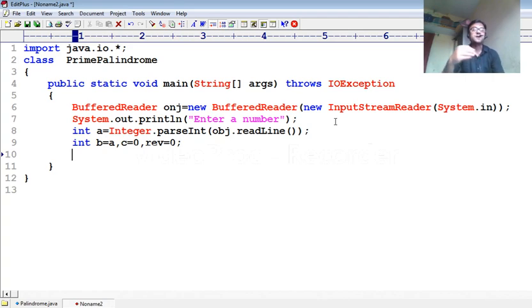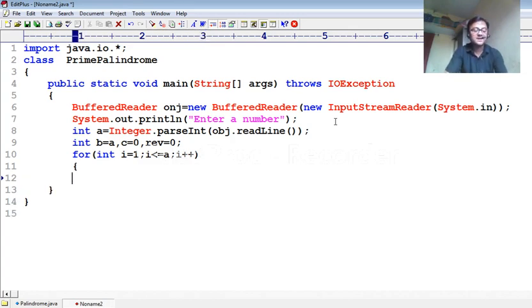Then perform the factor counting process, and it is easily done by a for loop. You may use a while or do while loop, but I'm going to use a for loop here. So write for, within the bracket int i equal to 1. Why? Factors always start from 1. Terminator i less than or equal to a. You know, any number has factors up to the number, that's why I used i less than or equal to a. Then i plus plus. Why? Because I will check each and every number from 1 to that number, whether it's a factor or not. That's why I increase the value by 1.